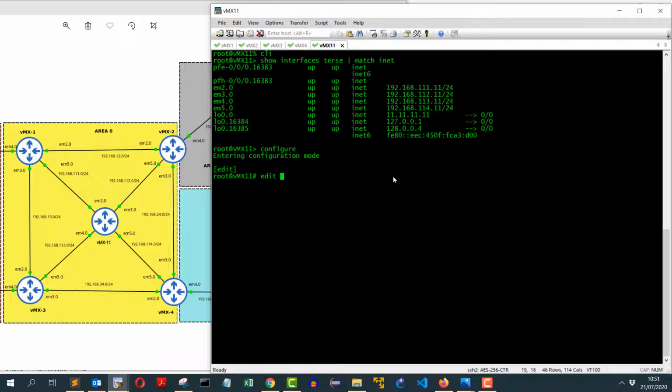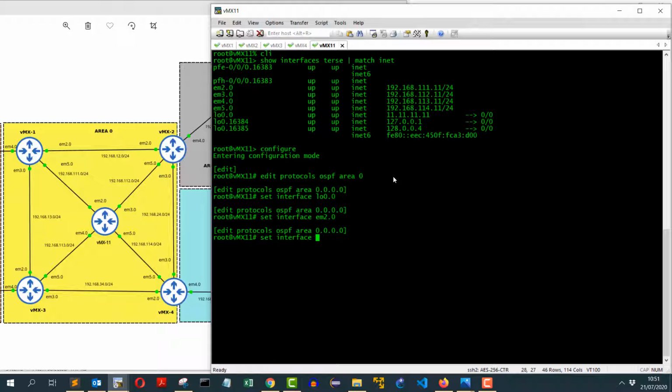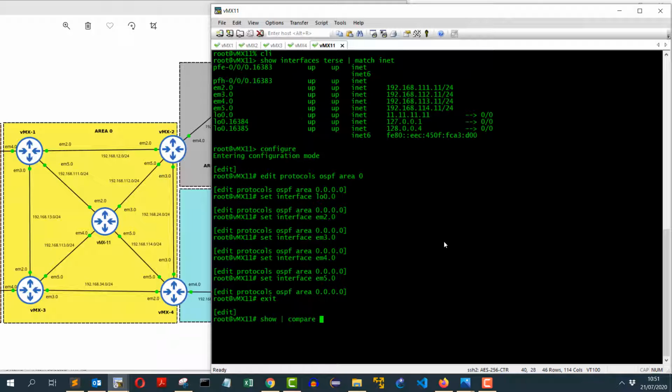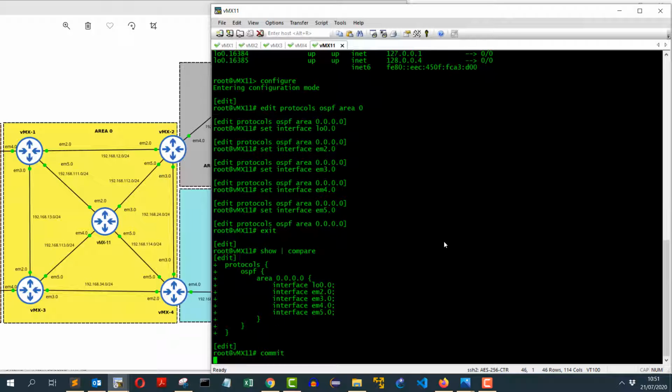Let's go to configure, edit protocols, ospf, area 0, set interface lo0.0, set interface em2.0, em3.0, em4.0, em5.0. I'm done by now. So I got 2, 3, 4 and 5, and I got loopback as well. Show compare, and I will do a commit.